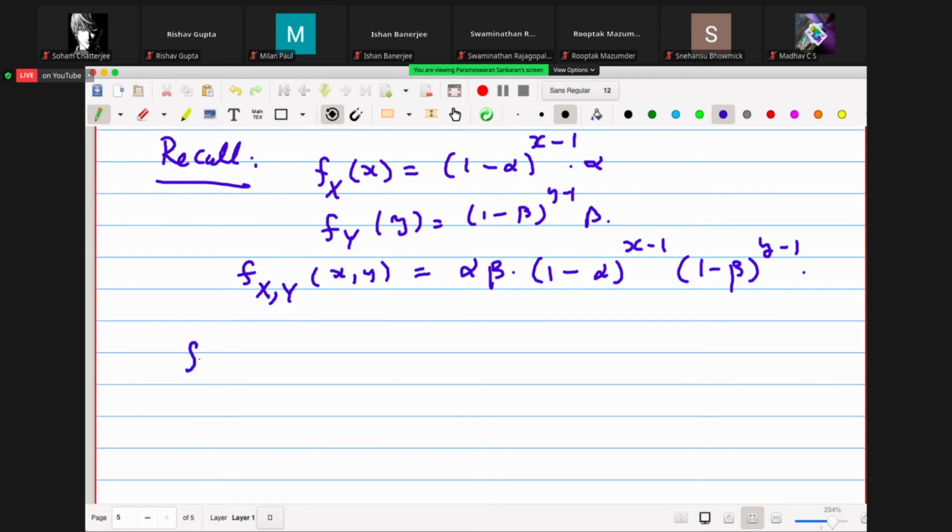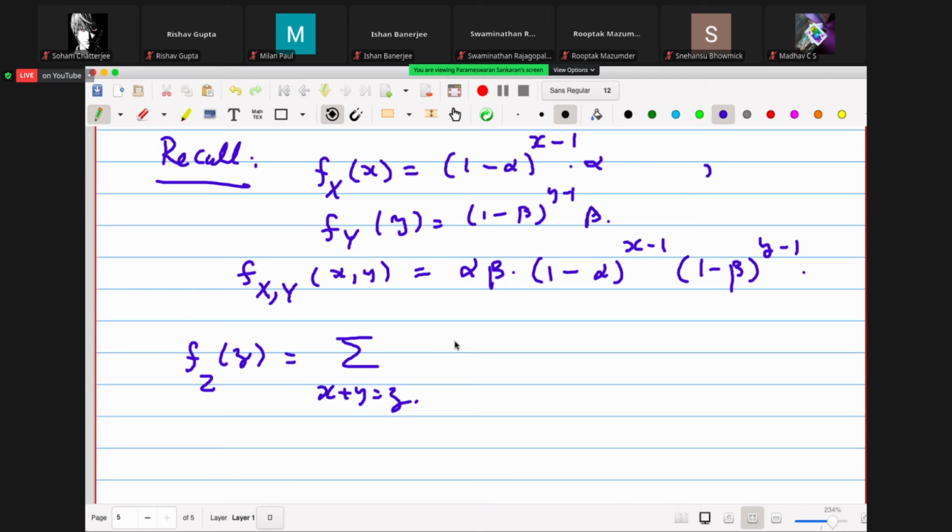Just compute fZ(z). So fZ(z) is equal to the sum over x plus y equals z. And of course, x and y are taking values where? x goes from 1, 2, 3, etc. y goes from 1, 2, 3. I don't need to write all those things. When I say geometric distribution, it is understood. Okay, so this is equal to,